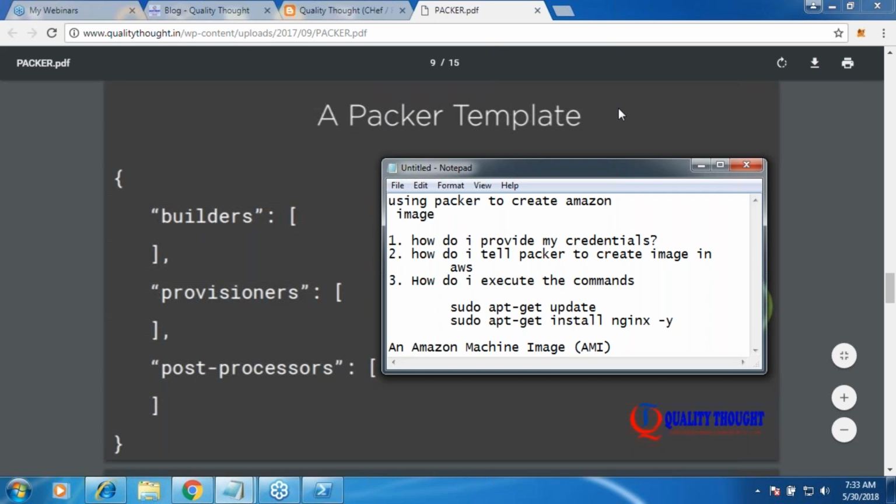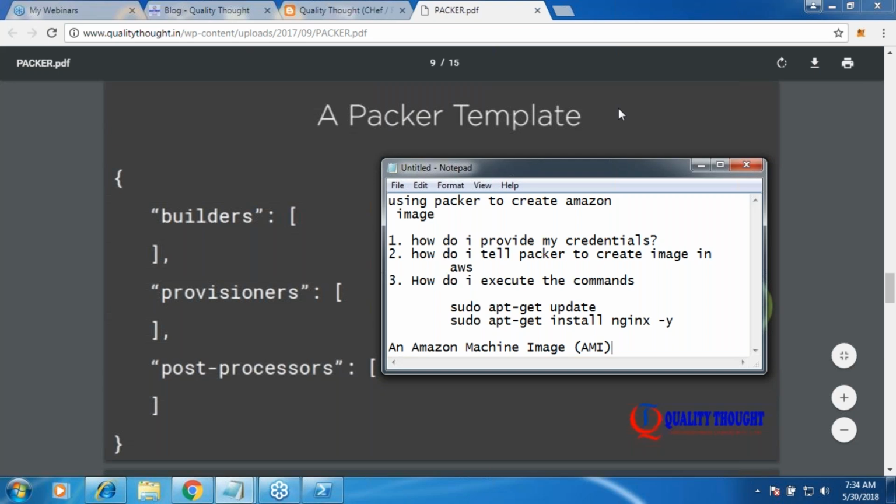Builder will tell you where it is, what your environment is, what the details about it are. So if I have to build an AWS EC2 image or AMI image, I have to find a builder in Packer which will help me to do that. Similarly, if I give you a task saying, can you create a VM image for me which has Nginx, you will be searching for a builder in Packer which is for VMware. Okay, so builder is your execution environment.